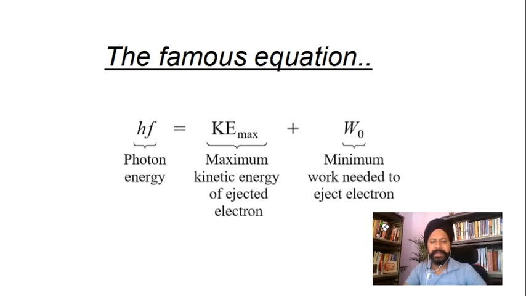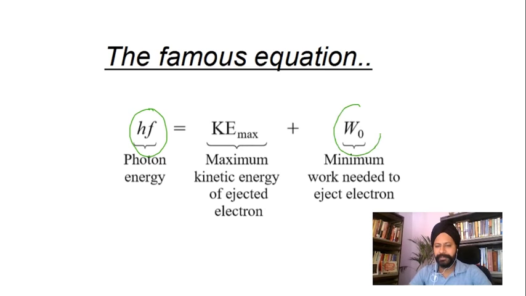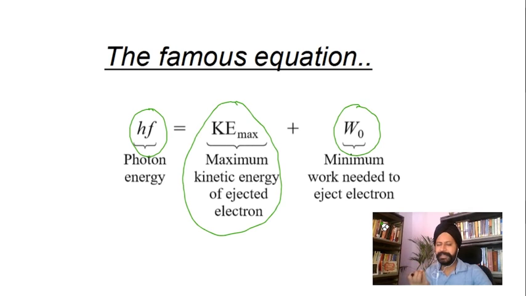So the photon had some energy, right? That energy is taken by the work function needed. Okay, that 3 electron volts was the work function, but the leftover is going to be given as the kinetic energy. But we are talking of maximum kinetic energy because remember, work function is the energy needed by the surface electrons. The electrons inside will need more work, more energy to become free. So they will have less kinetic energy.